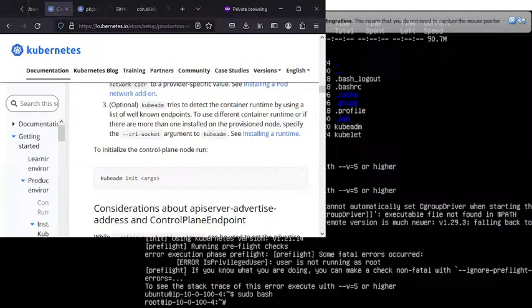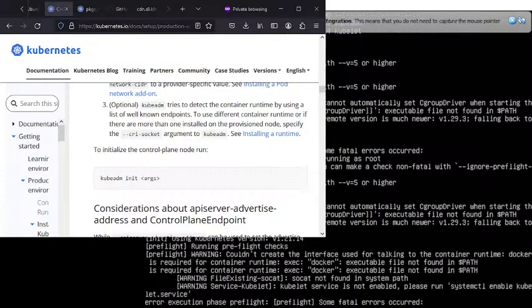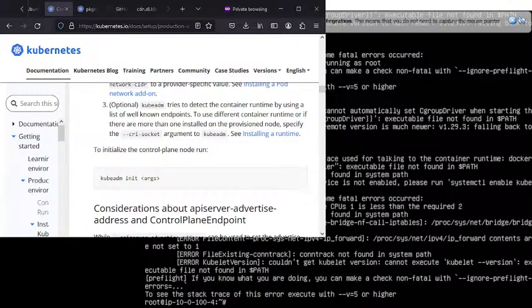Alright, so let's try kubeadm init. Let's see. Oh, I got further. Let's see, warning. Oh, yeah, it did complain about that system. Yeah, enable